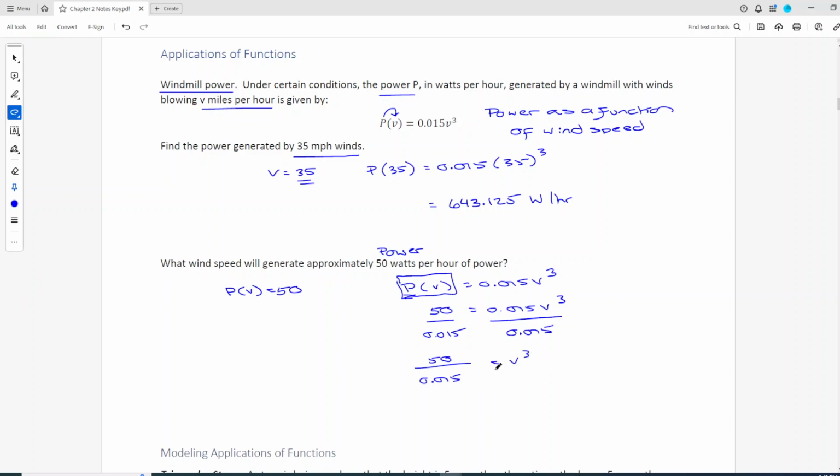And then whatever you got here, you're going to take the cubed root. So I already have 50 divided by 0.015 in my calculator. So now I'm going to hit cubed root. So I have a cubed root button. If you don't, you could use your X root button where you type 3 and then X root. But I'm just going to type cubed root, and then I'm going to do cubed root of my answer. So in my calculator, I hit alpha answer, and it's taking the cubed root of what was previously written on my screen,